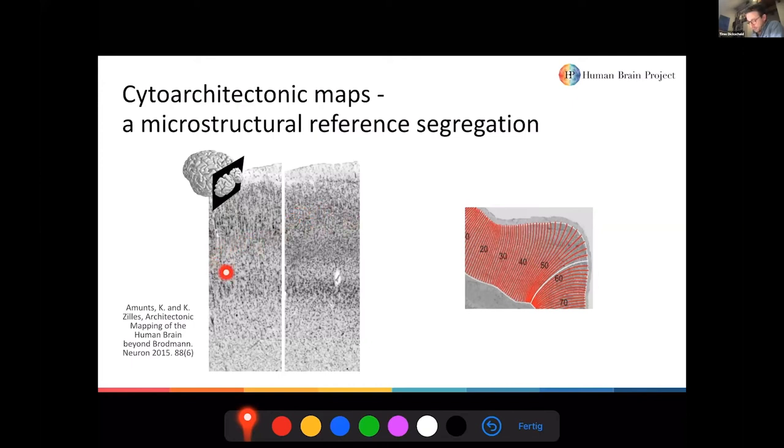And you can see here that the density of cells in this layer is much lower, and there are not so many large cells. And these properties can be detected, and that is what for the Jülich Brain Atlas is being done for many, many years and collected in many, many probabilistic maps by analyzing cortical profiles, as you can see here, and looking at how the gray values in these histological sections